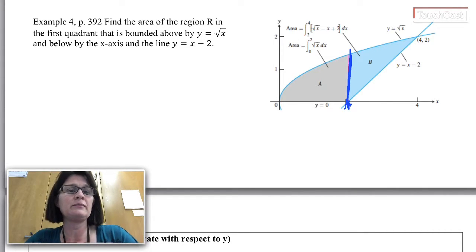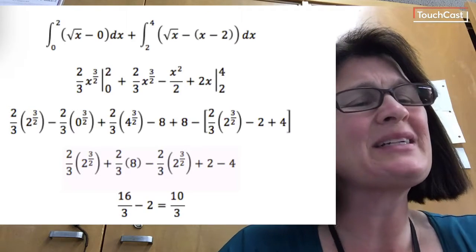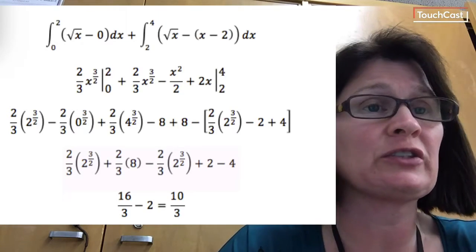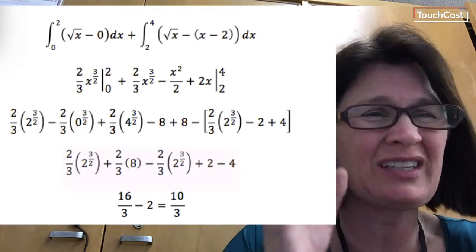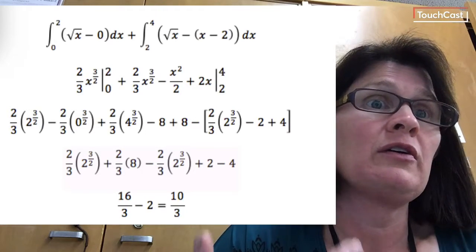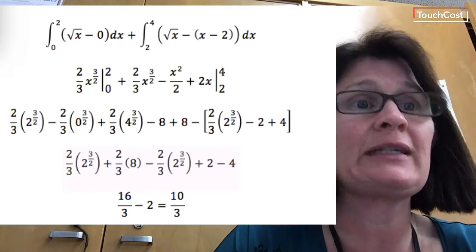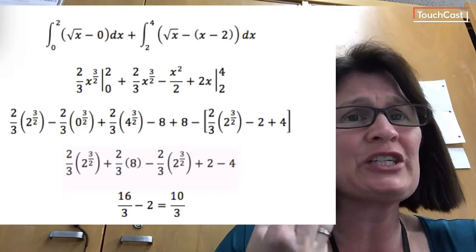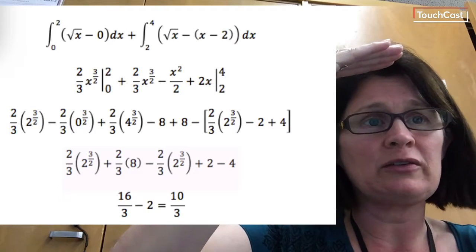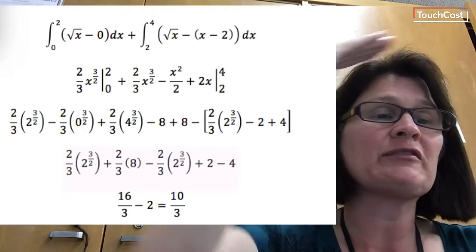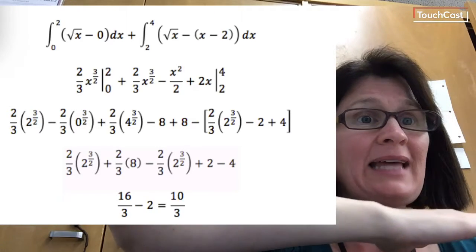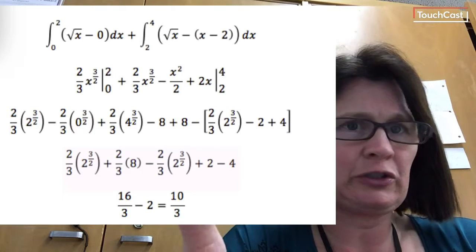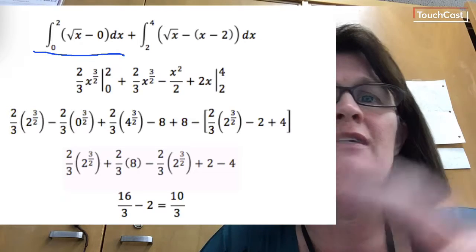I'm going to separate it into two separate integrals to find the areas of the two sections, which you see in the picture already marked A and B, just to help us. You're not required to mark that on the test or anything. It's just to help us understand, especially this first time. So for section A, the upper bound of my rectangle was square root of x, and the lower bound was the x-axis, which is where y equals 0. And that covered x values from 0 to 2. So this is the integral I wrote for that section, the integral from 0 to 2